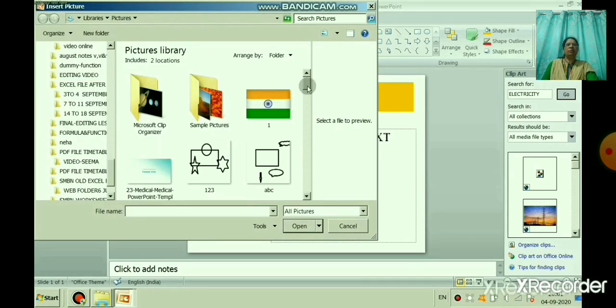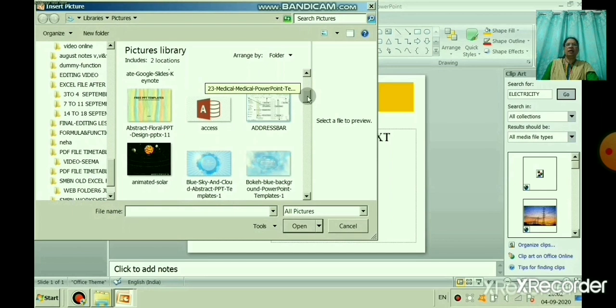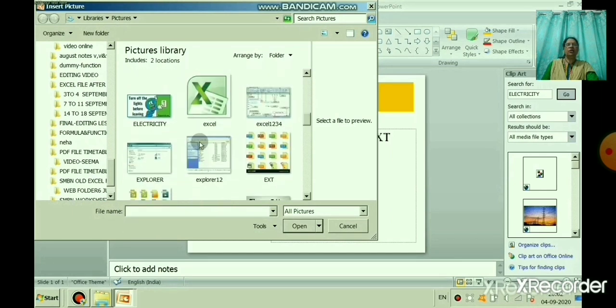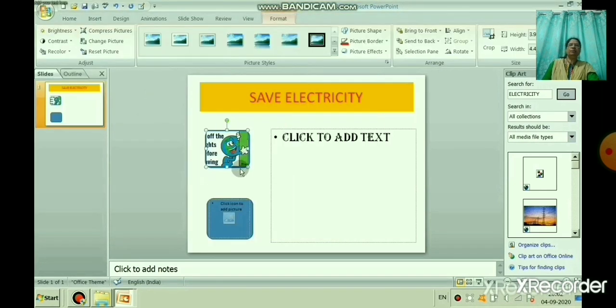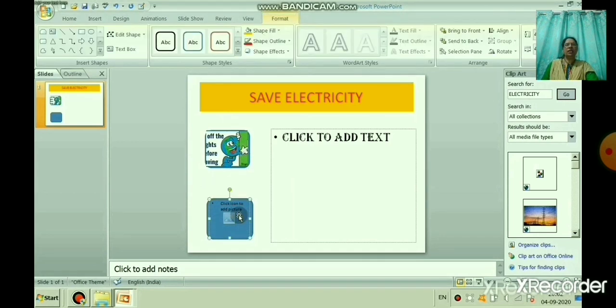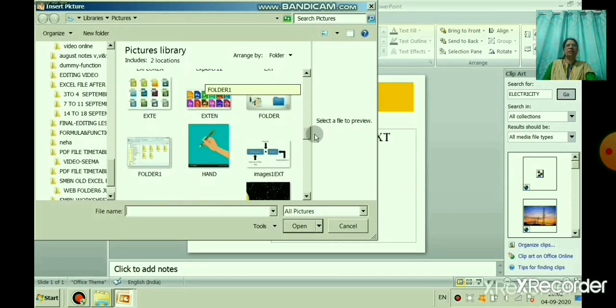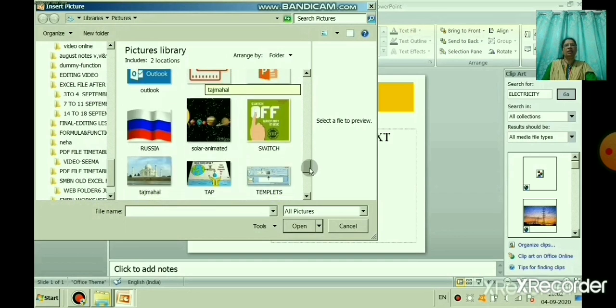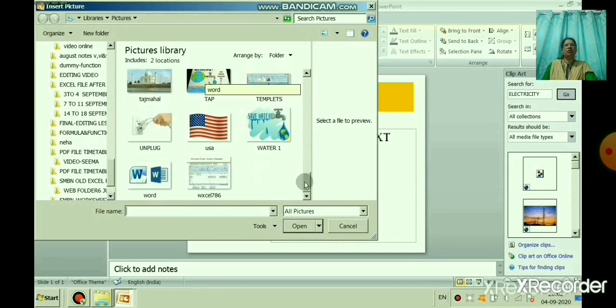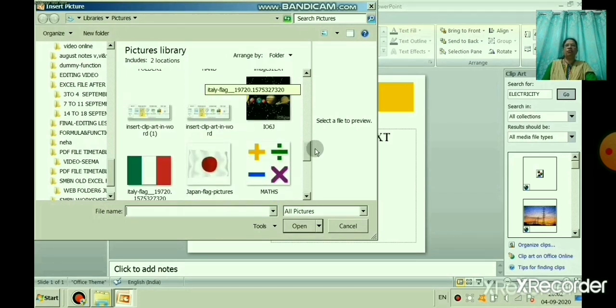With the help of the picture folder you can insert any picture, and one more picture the same way, because we have taken the placeholder as picture, right? So when you click that, it will go directly to the picture folder.